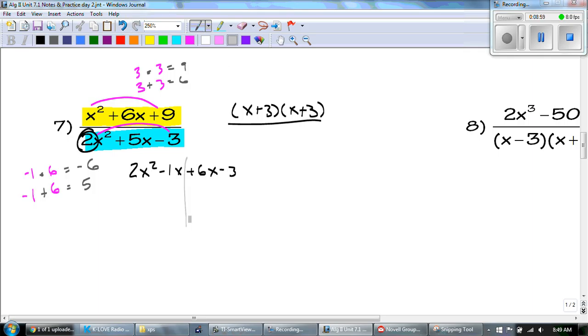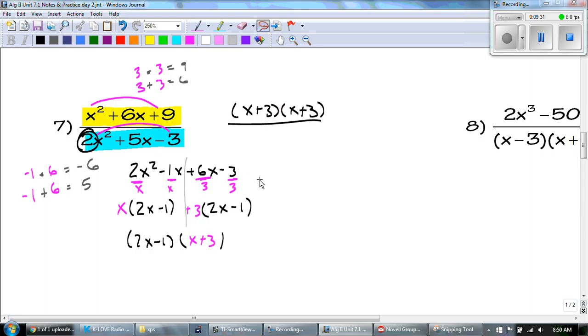Remember where we would split it? Take out the GCF of the first group, which is just an x. The GCF of the second group, which is a 3. So I have an x, a positive 3, and then we're left with 2x minus 1. 6 divided by 3, 2x minus 1. So 2x minus 1